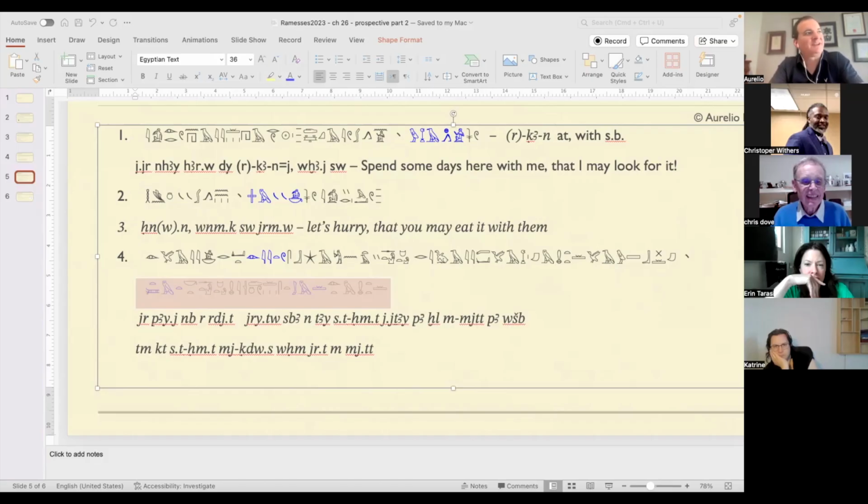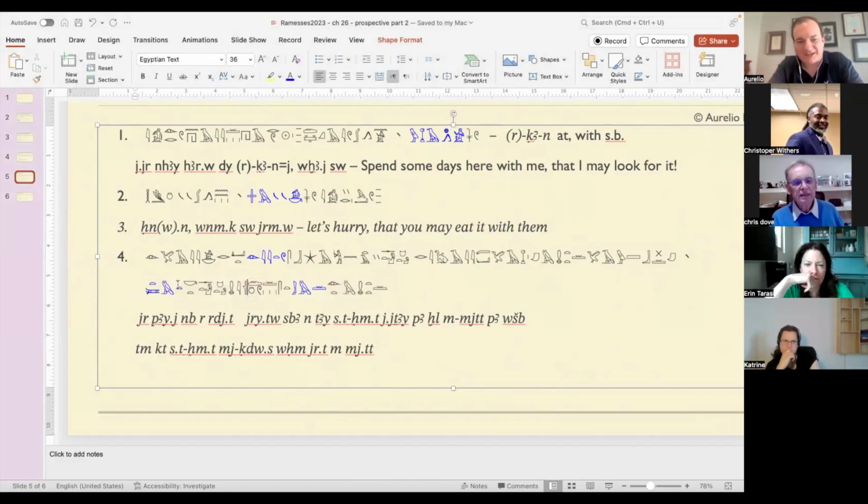It is, because I think what actually happened is, and I should have been more careful, this one is again from Neveu, and he says the construction in purpose clauses is negated by means of tem, which is indeed true, but that doesn't mean that the thing itself is a subjunctive. So this is a way to negate the subjunctive and purpose clauses, but I don't think this counts as a prospective itself, because where's the sedgem? You know what I mean? It's just tem plus subject plus verb. I have to think about this a bit, but I don't think this is only in the chapter because it is the negation. Oops, should have paid more attention.